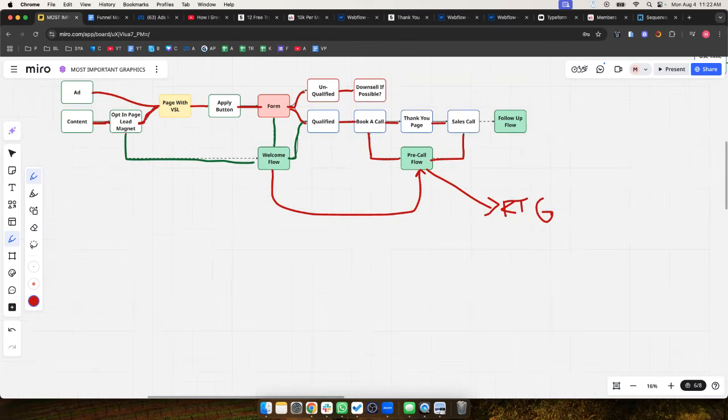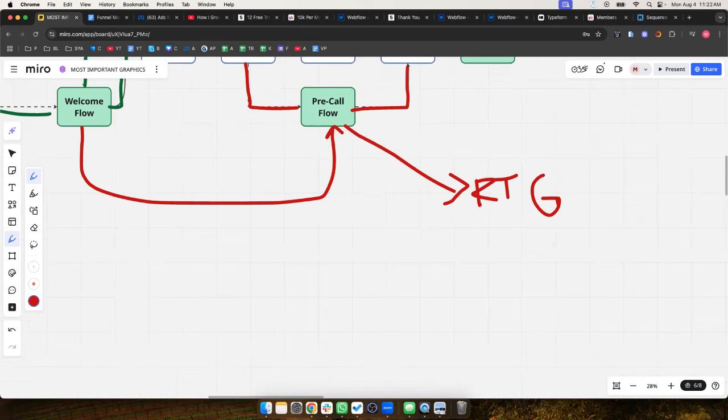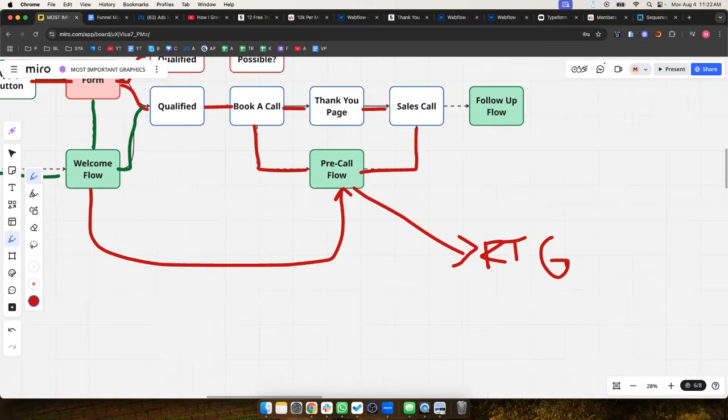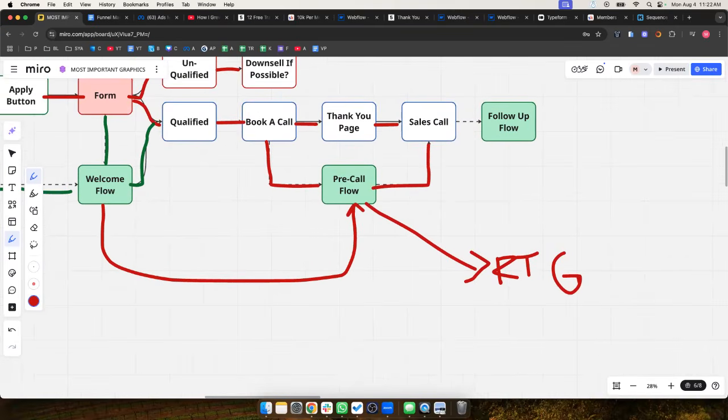What you'd basically be doing is making about 60 one-minute videos, and each of those would be hammering out a specific objection. A short form, like, how much time does this take? A lot of people think that this takes X, Y, and Z time, but really we've drilled it down into this. And then you just have those running. The goal, especially if they come from ads, would be to force feed them these retargeting ads before the sales call, basically the same function as the pre-call flow. So they literally know everything.